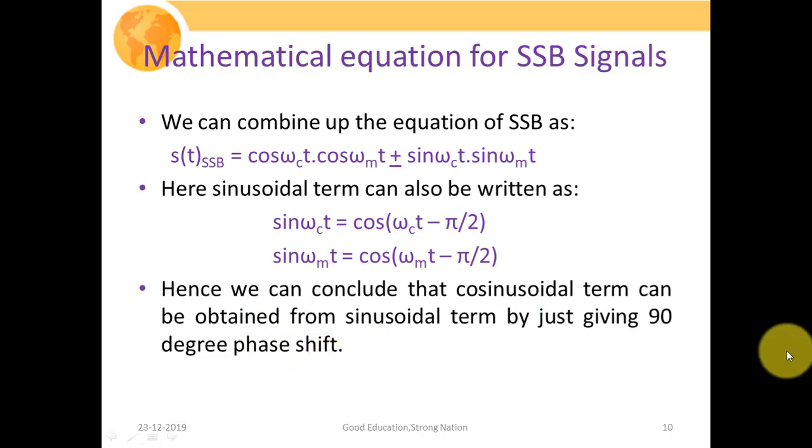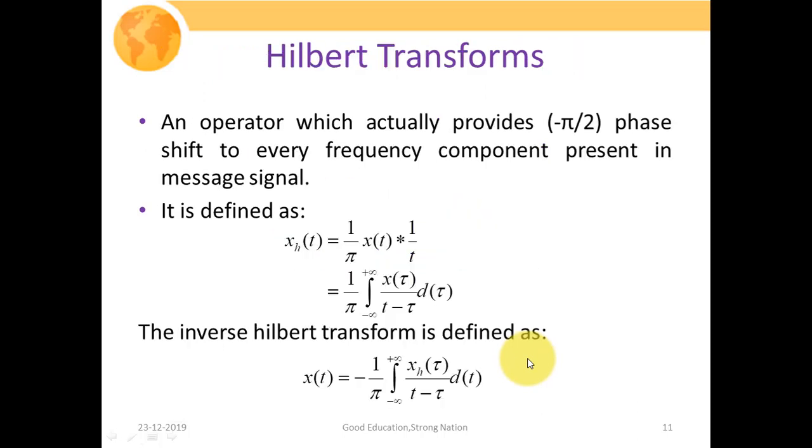So now the question arises, how are we going to implement such a system which could provide the minus pi by 2 phase shift to each and every frequency component of our message signal. So the solution is Hilbert transform. The Hilbert transform is an operator which provides a minus 90-degree phase shift to each and every frequency component present